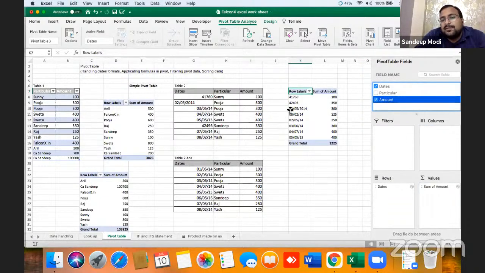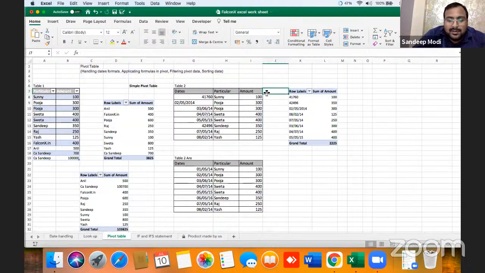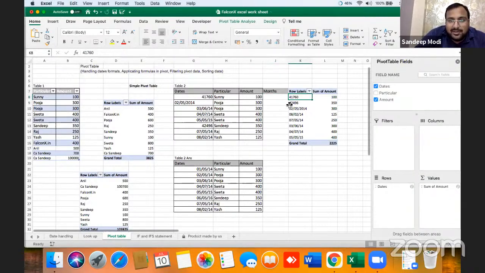Sandeep, I want dates in month-wise data or year-wise data. So how can I get it? One method is to add one more column here, month, and then you can do it manually, and then you can insert a pivot.